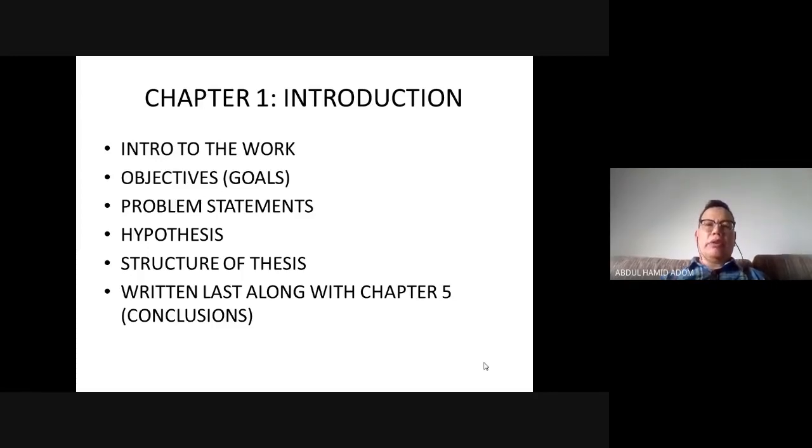Okay, we'll go into the introduction, chapter 1. Chapter 1 is usually the introduction, and you give the introduction to the work. When we say the introduction to the work, you also give the introduction to the thesis or to the report, how the report will be structured, okay? And you will state the objectives,